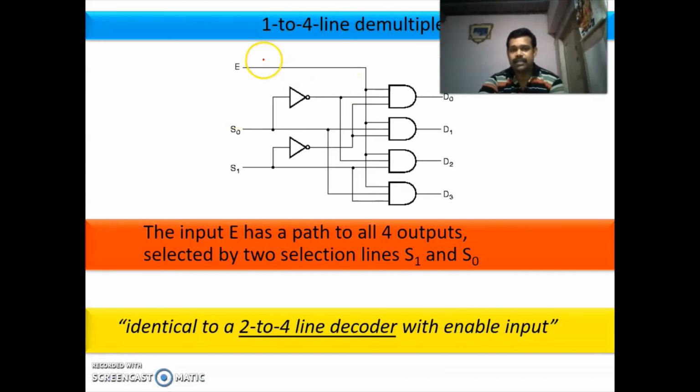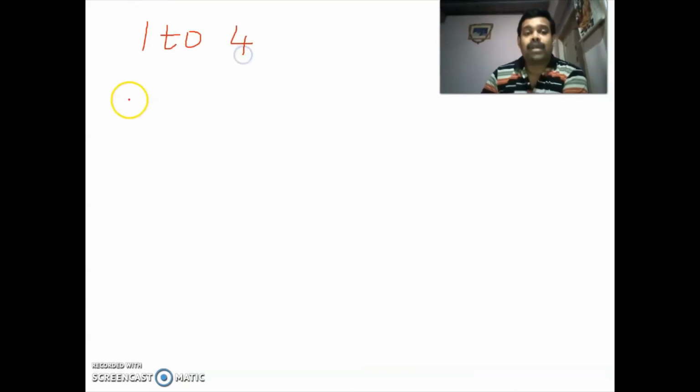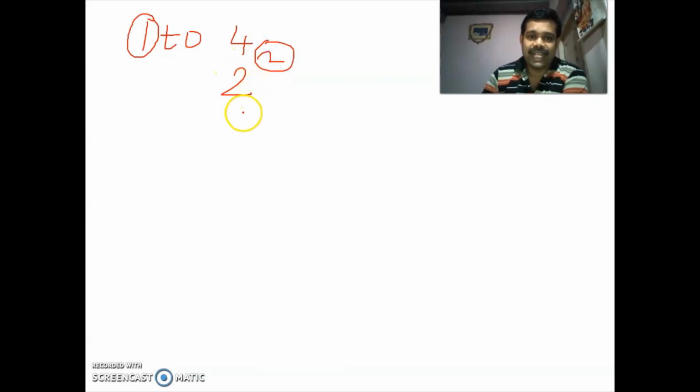Now this is a 1 to 4 demultiplexer. I will tell how to draw a 1 to 4 demultiplexer. It has only one input, 2 select lines and 4 outputs.